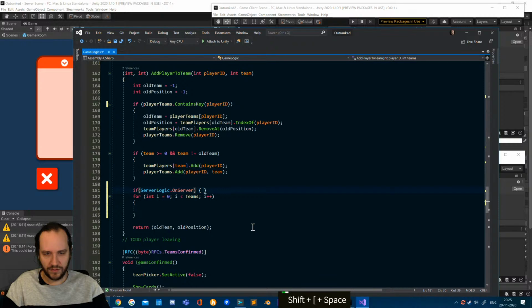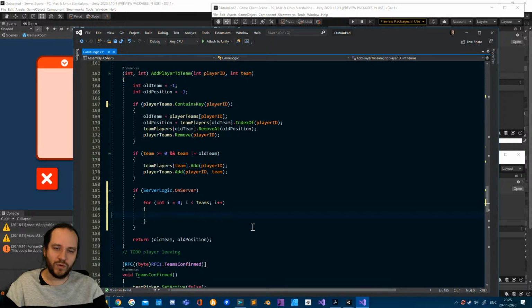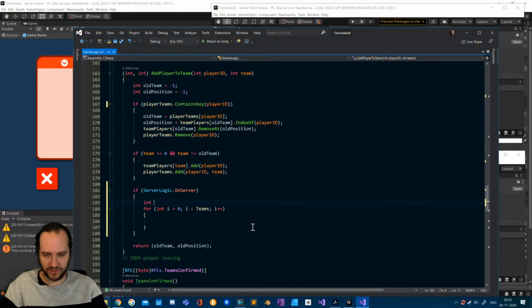If I'm on the server, I'm going to check all the teams and check the counts. So I'm going to keep a min members and a max members. Min members is now 0. Max members is something too high that can never be. And then I go to min members is the